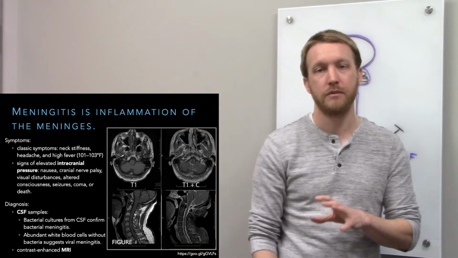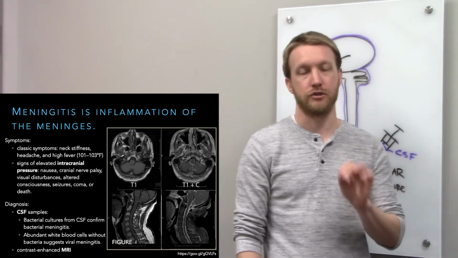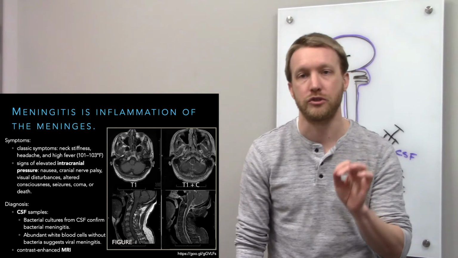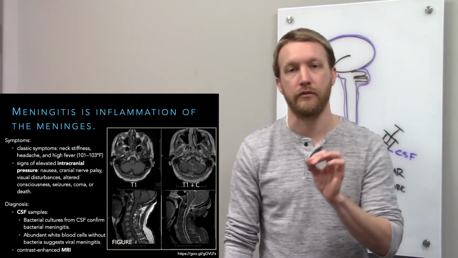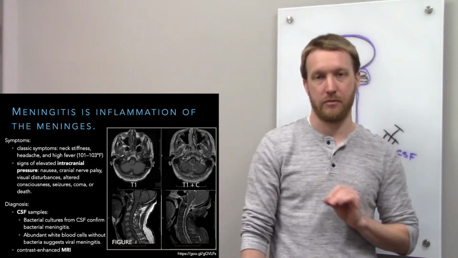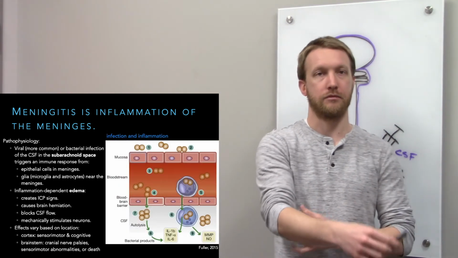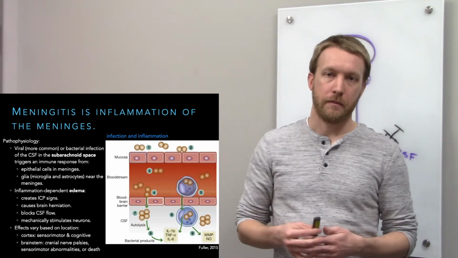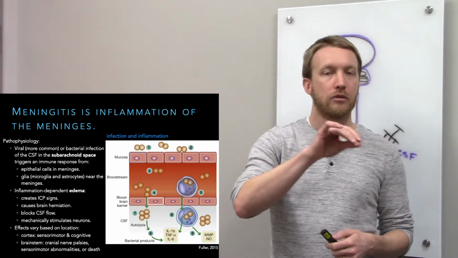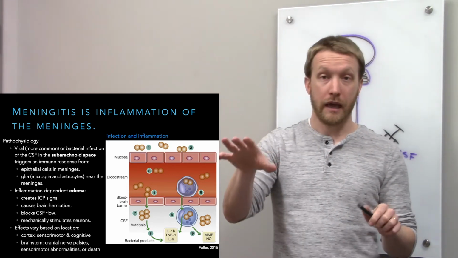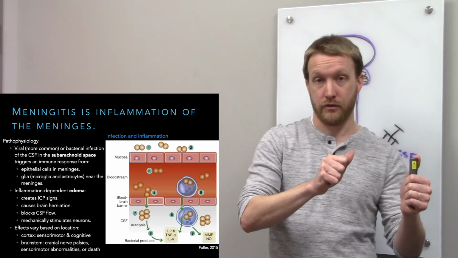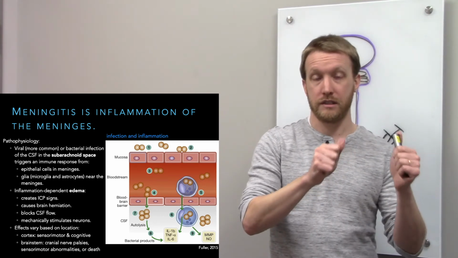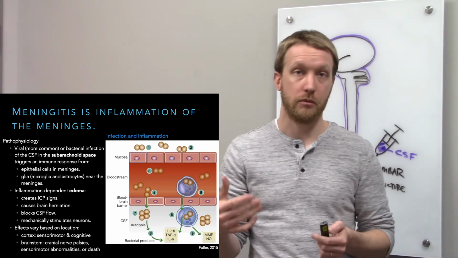So your MRI imaging is useful for sure, but as far as saying that you most certainly have a bacterial or viral infection, CSF samples, that's what we want to take there. Now, as far as pathophysiology goes, whether it's viral or bacterial doesn't really matter. Once they enter into the CSF, most commonly in this subarachnoid space,